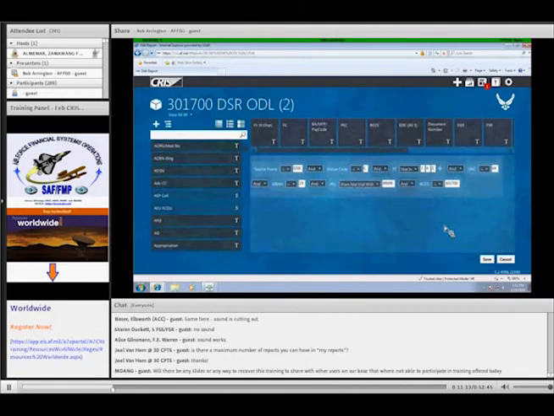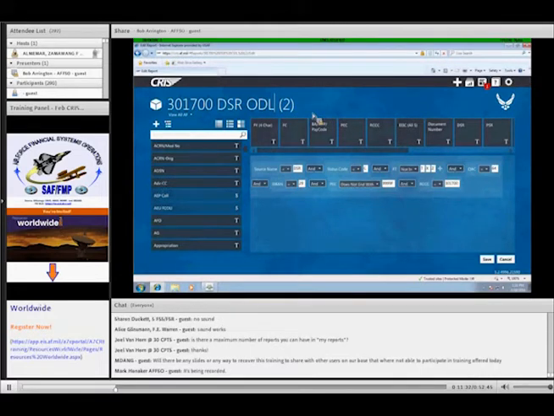Now, a couple of neat things happened when I just imported that. First of all, notice up here at the title, it put a 2 in parentheses. CRIS saw that I already had a report with the same name in my reports. So it added the number 2, meaning that, hey, Bob, this is the second report with the same name. So that means I can delete that number 2 up there. I can change the title for my new RCCC.